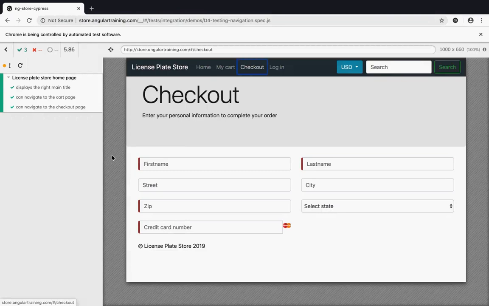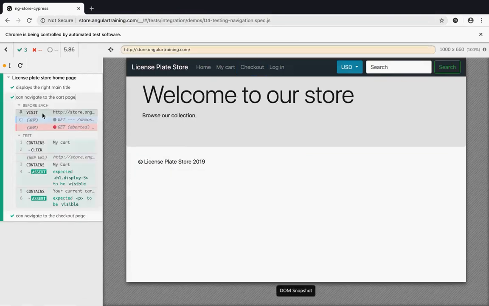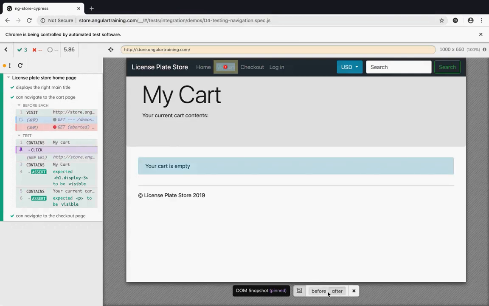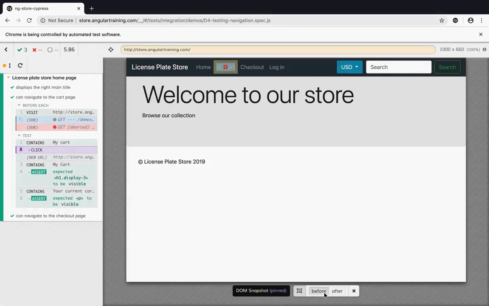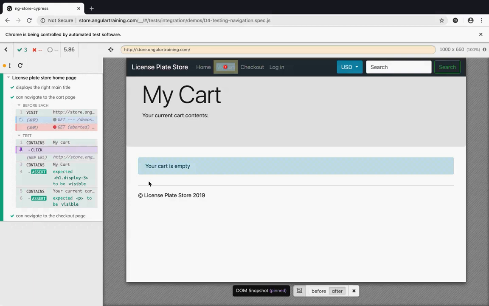So now everything should pass. There we go. So that's the before state. That's the click, before the click, after the click. So I can see exactly what my click did on the screen and what was the transition to get there, which is really, really nice.